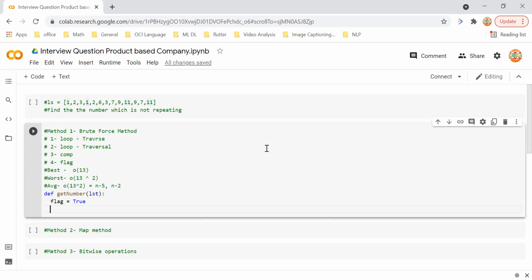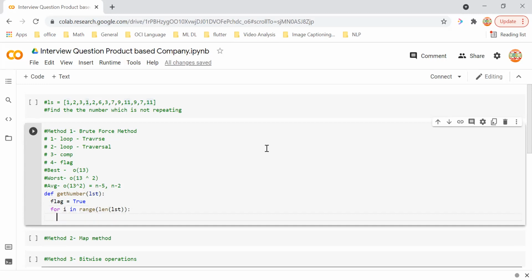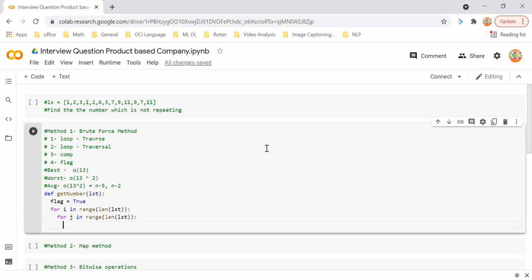Next, I will define one for loop: for i in range of length of lst. And next I will do the same thing again with a second loop, for j in range of length of lst. And here I will compare: if lst of i